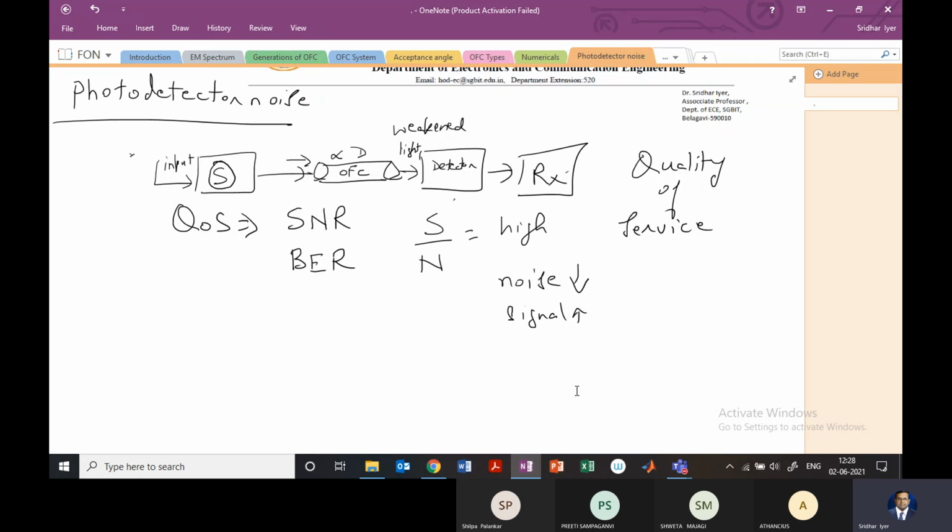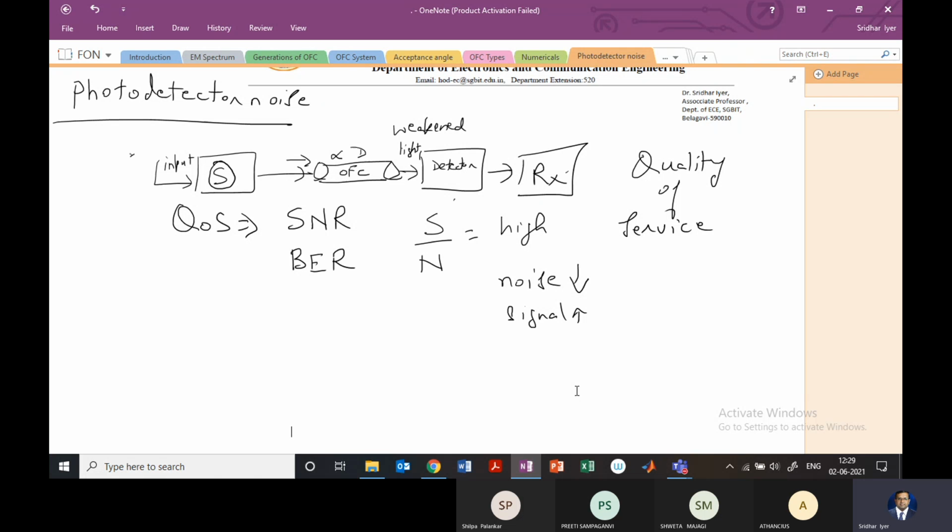To achieve a very high signal to noise ratio, we have already discussed that the photo detector needs to have very high quantum efficiency so that it can generate very high signal power. The detector noise, and later on the amplifier noise, should themselves be kept as low as possible. It may come as a surprise to you, what is this amplifier noise? We'll discuss that. Amplifiers are also not ideal devices, they have noises of their own.